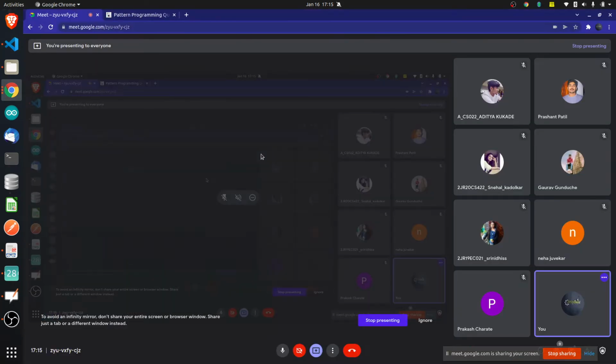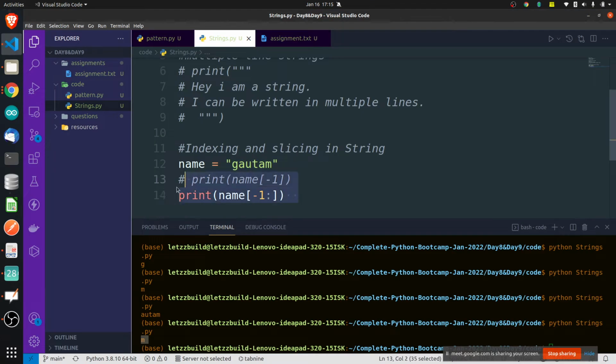Is this easy for everyone? Srinidhi, Gaurav, Neha, what we are doing? Actually we did it in the last class. So if you have not watched, you might not be getting it a little bit, but I'll upload that lecture tomorrow so that you can watch it. We have discussed indexing in depth in the last class, why we need indexing, how indexing will make things faster, all those kinds of things. That's it. We are done with indexing. That's how simple it is.